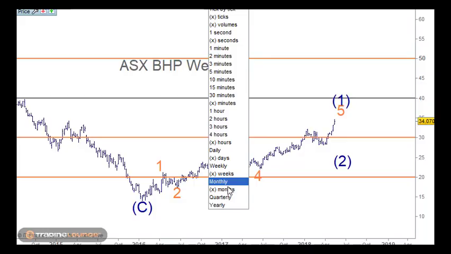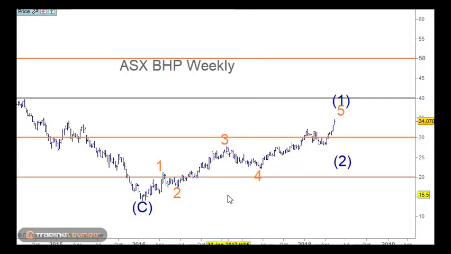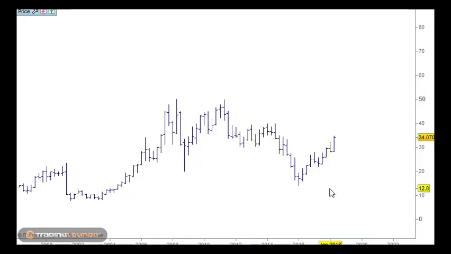So in a way, it's kind of exciting, really, because when we get to the top of this, it has already moved through here, so we know that it's sort of bullish in a way. If this was going to be 1 and 2 and 3 here, and then up for 4 here, well, then it's already overlapped here, so it shouldn't overlap in this degree of structure. So we can look at it like this: 5 waves up for wave 1, an A and a B and a C for wave 2. And while this is pulling down, I expect the banks to finish, and then this to move up from there.